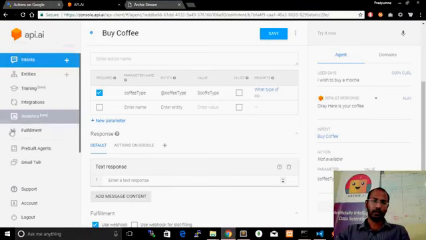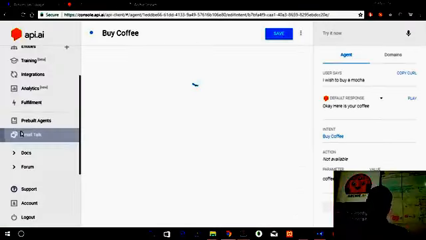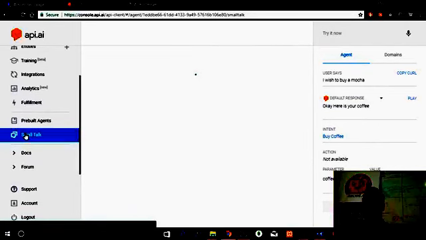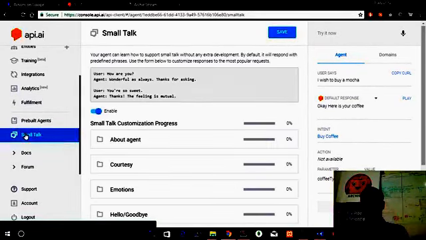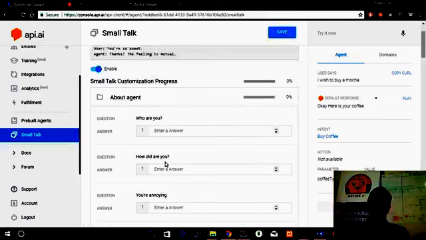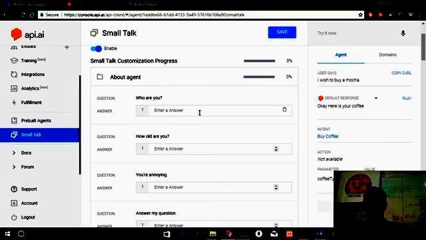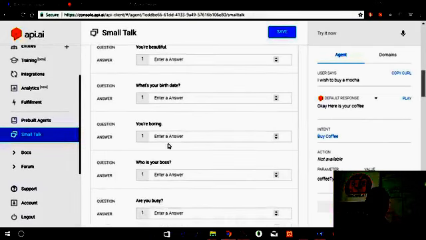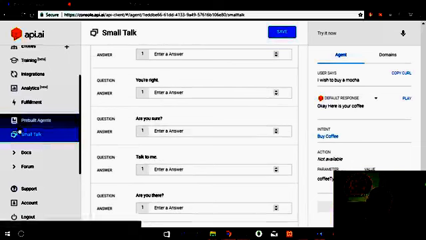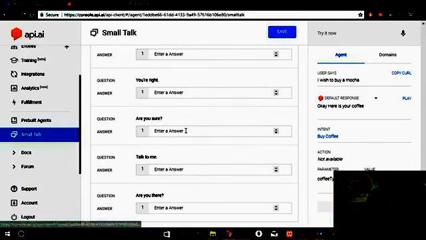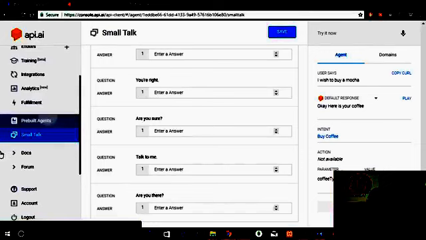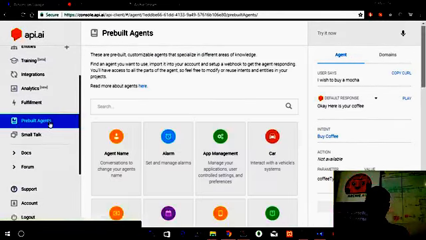And one last thing is the small talk. You usually use fulfillment for something where you have to do actions, but not always does the user do these things. He actually wants to talk to your app. So here's where you can define things like who are you, how old are you. This is small talk, which Google enables us to write answers to the generic questions which the user asks your app, and you can do it over here in Small Talk, and this also gets added to your actual actions.